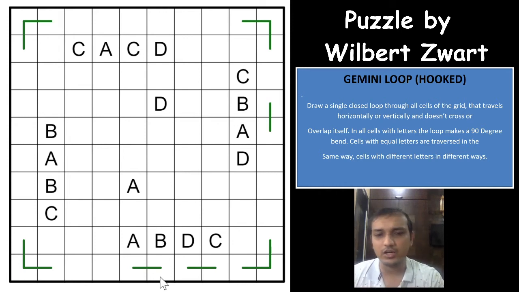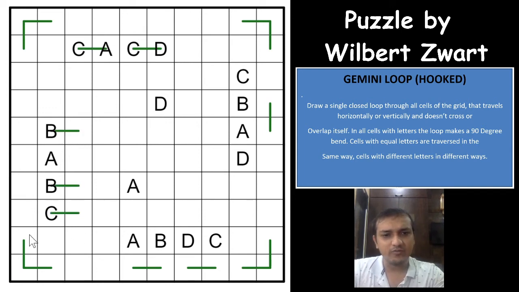The next and trickiest part of this puzzle was finding that C will never go towards the right. Why does that happen? Because of this group. You have to simultaneously come back and go forth with all the group of letters here, and I found that C can never go towards the right. As you have B here, B and C will always go in the same direction in the horizontal section, which we have already discussed. So if C goes towards the right, B also goes towards the right, and you have a cross mark here, and the line will have to go straight and pass towards B, and then A also goes towards the right here.